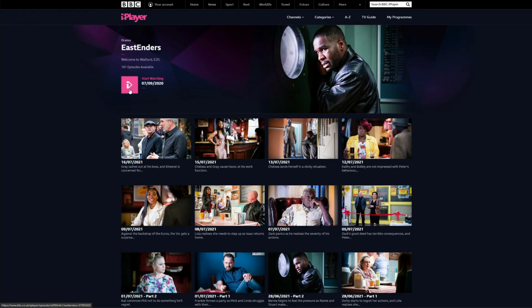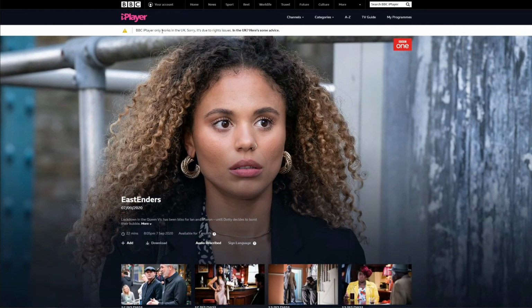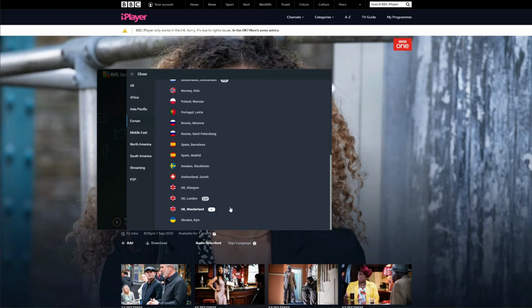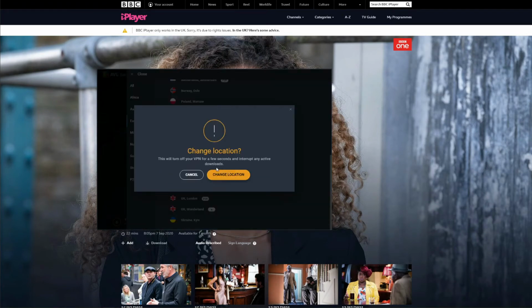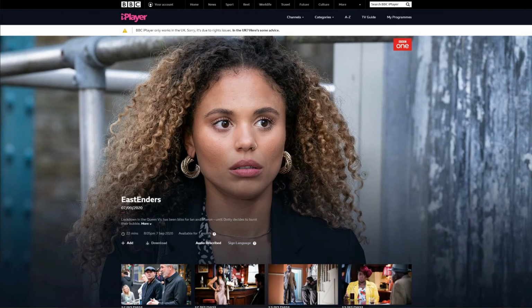Let's try to watch BBC iPlayer now. And as you can see, I get a geo-restriction message because I'm not located in the UK, so I can't access the show. But now let's connect to a streaming server in the United Kingdom. And of course, let's refresh the page. Once again, BBC iPlayer doesn't work and the geo-restriction message is still here, which means that once again I can't